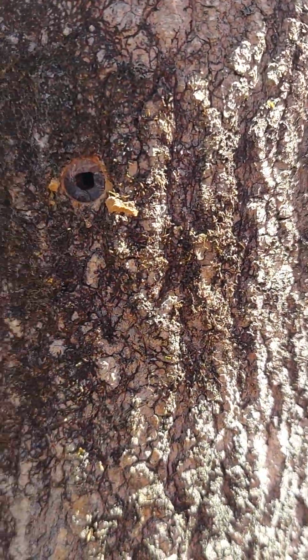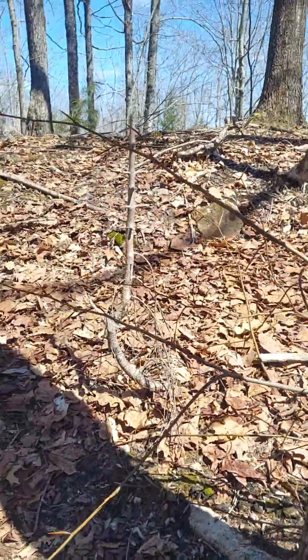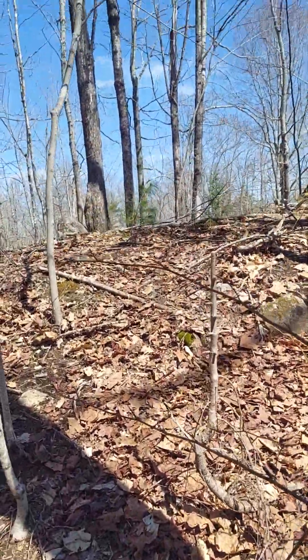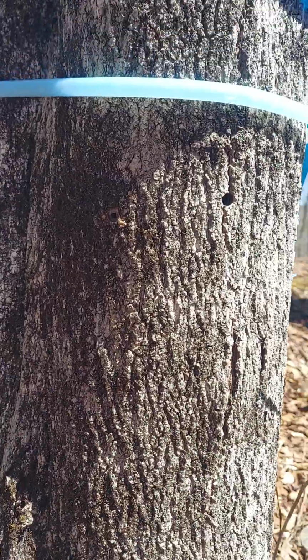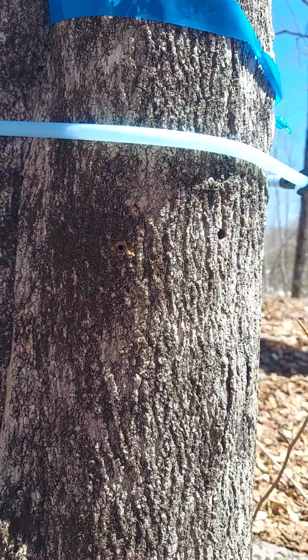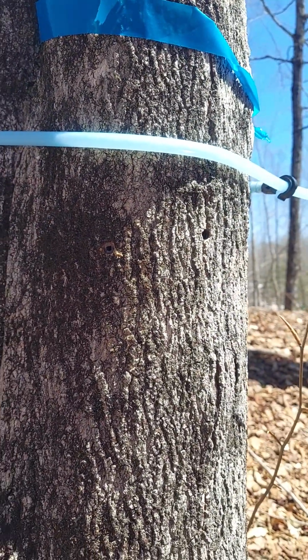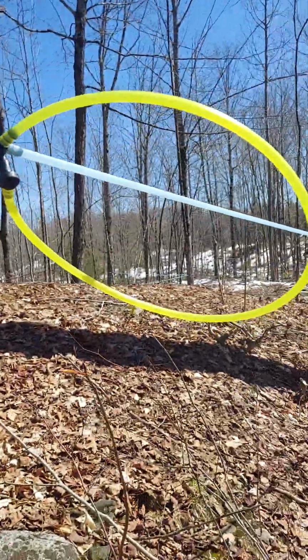Oh, that one was in there. Look at that, snapped it right off in the tree. Huh. Well, that one got pounded in there pretty good. So, pick it up. I don't have my drill with me, so I can't clean it out, but I'll have to make a note on that one. So, that's how I've been doing them. I'm just pulling